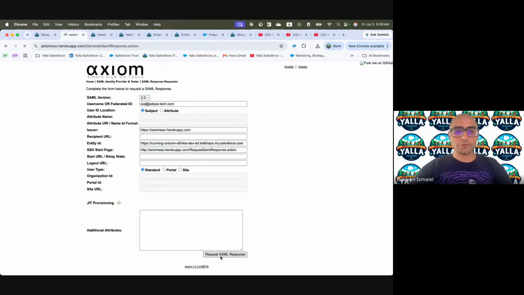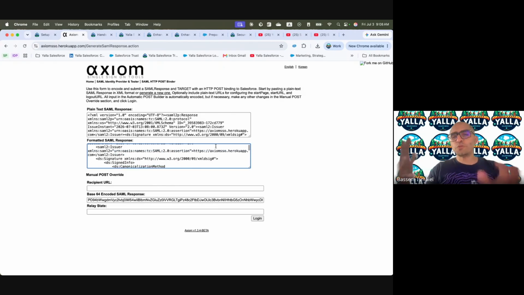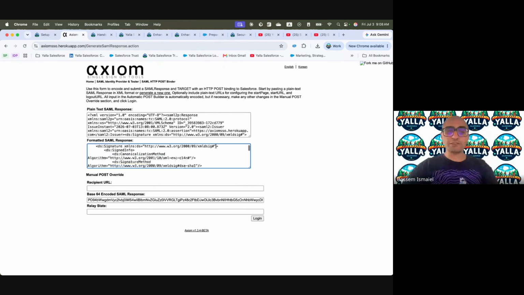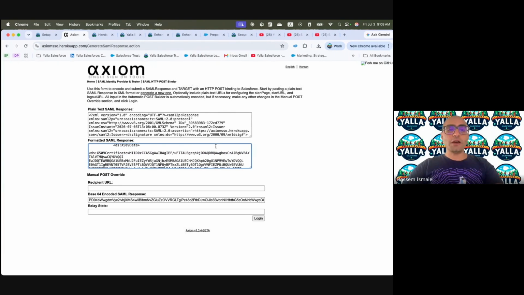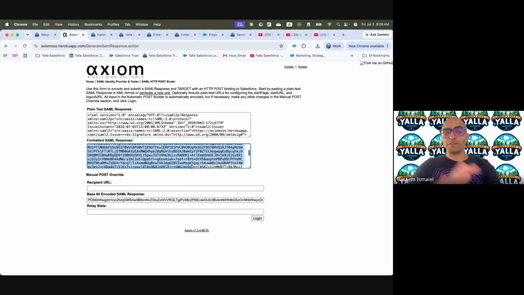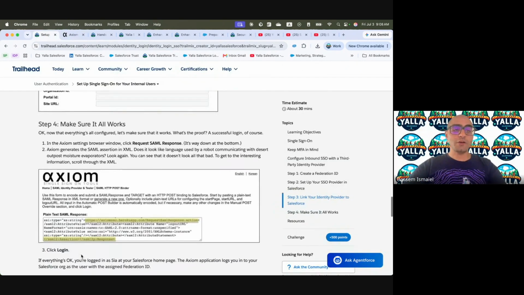Make it all work. So request the SAML. It's gonna do a SAML for me, and you will be able to see that this is responding using SAML. And we saw it in a better way when we opened the SAML tracer. But again, this is just to test what we are doing in there. And when I take this SAML, this is gonna allow me to enter. And that's about it. So we just put it together.